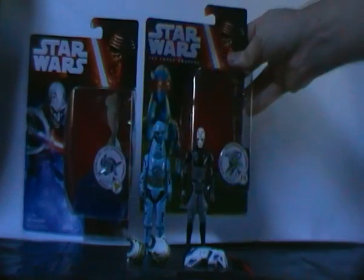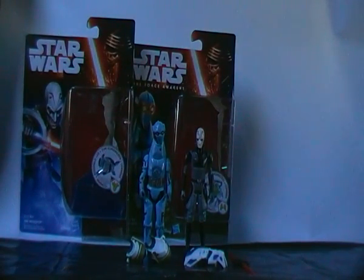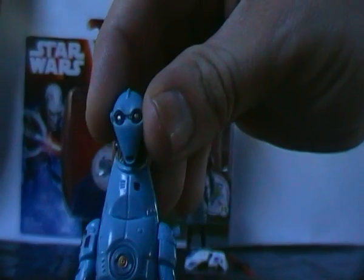So those are the boxes aside. Again, just a quick note: the droid's box has the Force Awakens subtitle under this big Star Wars logo, whereas the Inquisitor doesn't, because he's not actually in the Force Awakens movie. He's part of the Rebels line reissued. So here he is in all his glory,